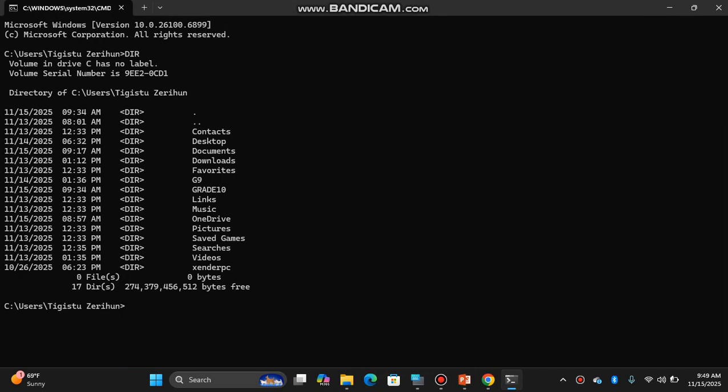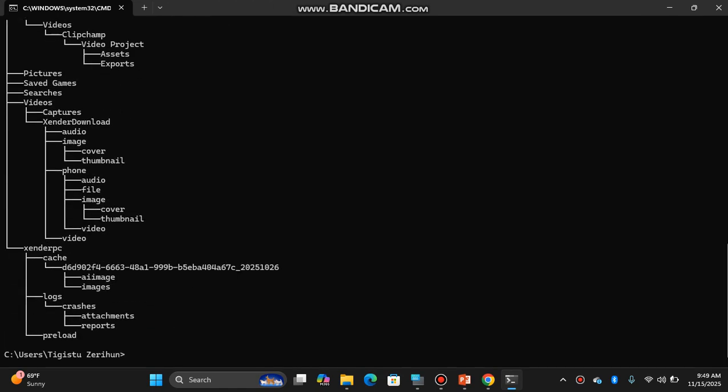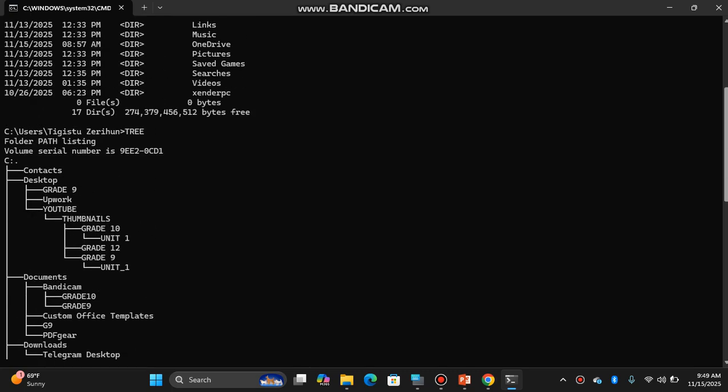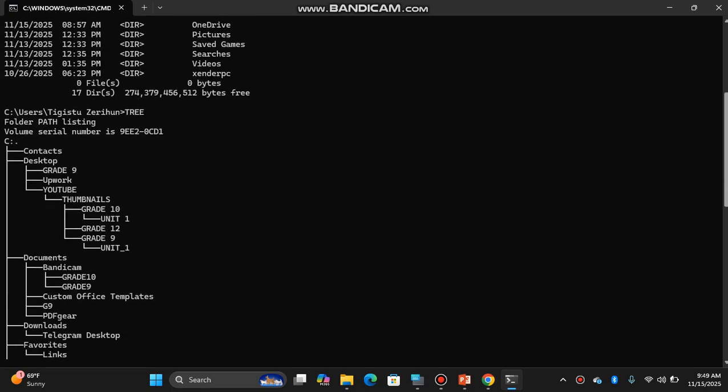What about observing the hierarchical structure? We use tree. Have you seen? Here is the hierarchical structure of my PC. They are under the root directory C:, the subdirectories. All the directories are under the root directory.